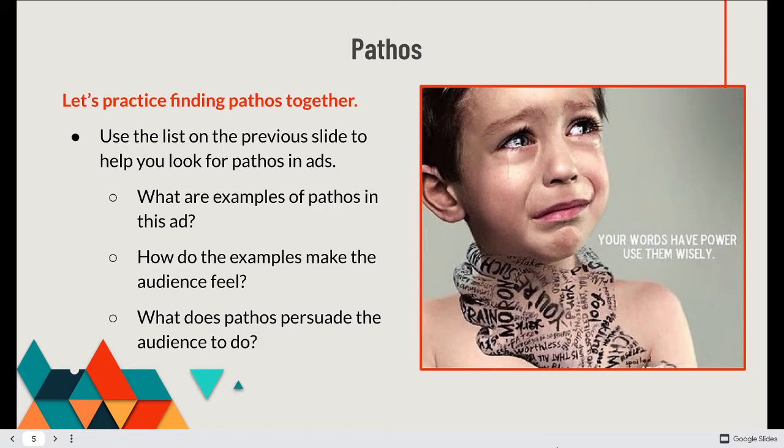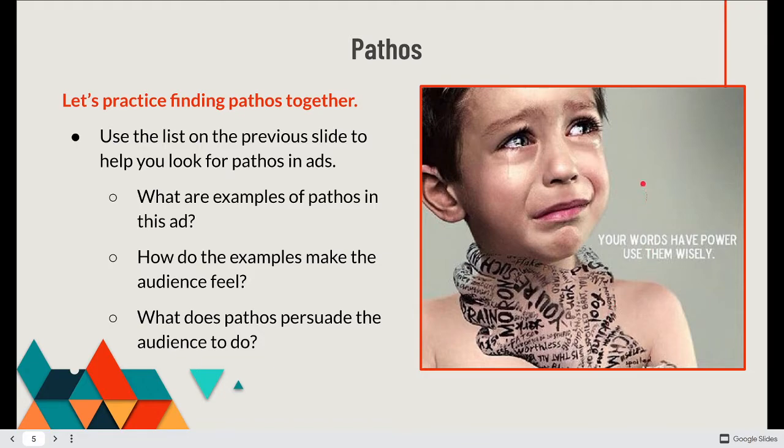So, real quick, here's an advertisement that is obviously really upsetting to look at. We have what appears to be a child. Taking what I already know about human nature and about expressions, it's automatically very clear to me that this child isn't happy. They look worried, and I'm seeing a lot of fear. That's where my attention immediately goes. I look at the kid's face. I can't help it. That's what I see first.